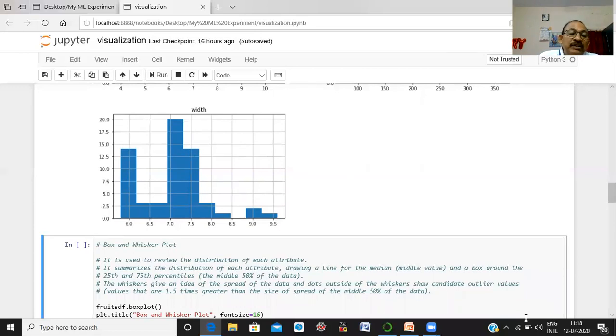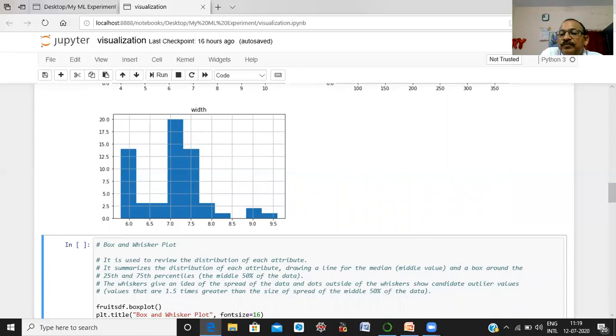And we have seen these percentiles in the describe function. The whisker gives an idea of the spread of the data, and dots outside of the whisker show candidate outlier values, values that are 1.5 times greater than the size of the spread of the middle 50% of the data.